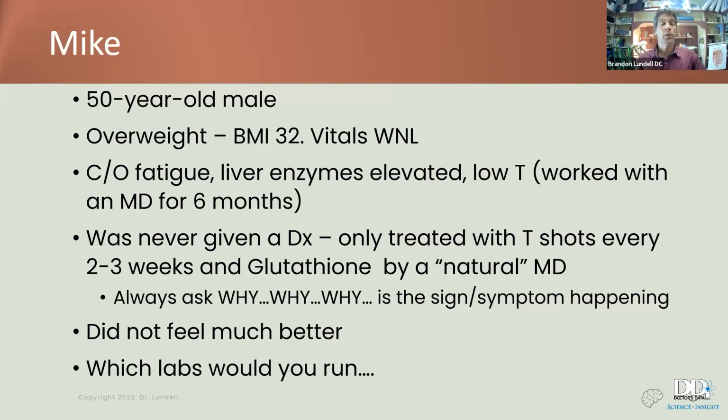So he didn't feel much better. So he came to my office. So I would ask you right now to just take a second to think about this. You've probably seen cases like this. If not, you're going to more and more if you're going to treat hormones because this is happening still even worse. It got worse through COVID and now post-COVID, because while long COVID absolutely has a correlation with low hormones,